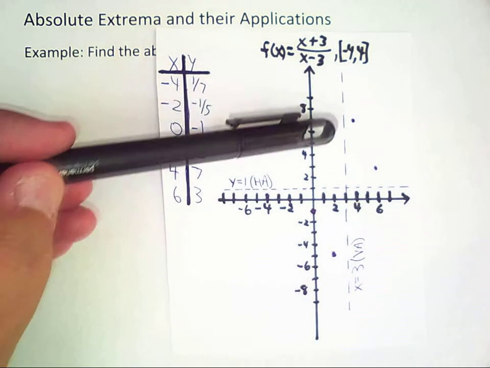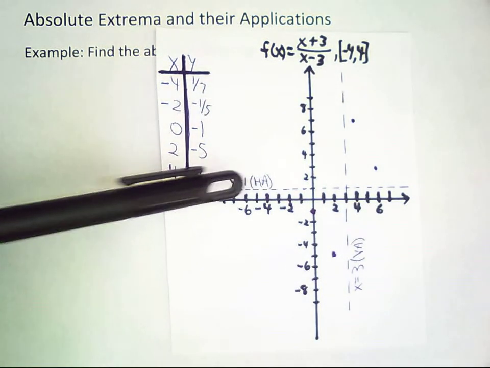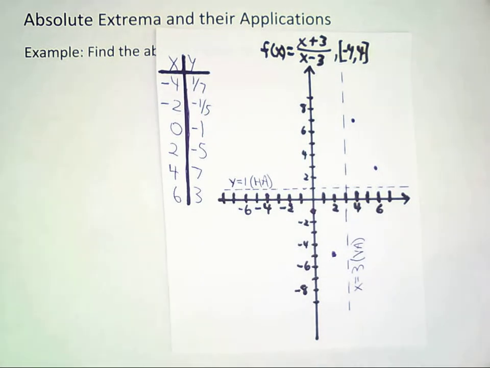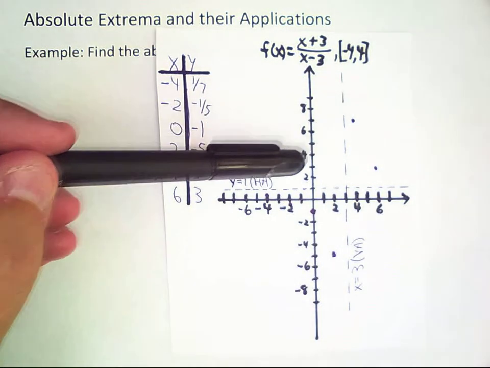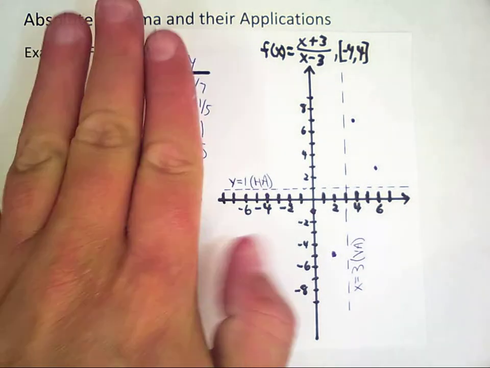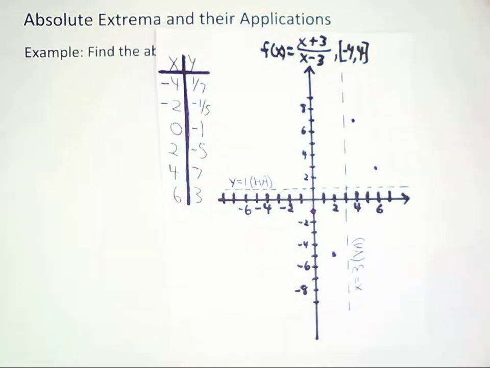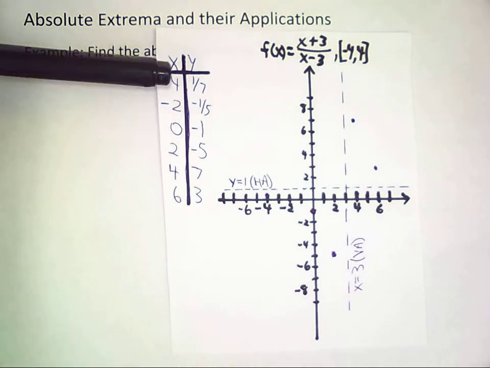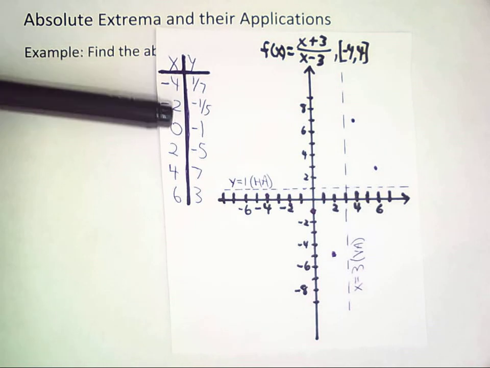And if it approaches the horizontal asymptote, there's not going to be an absolute min, because that is essentially getting closer and closer and closer, but there is no lowest value. So it seems to me that it's pretty apparent, just without even plotting the points, that there's not going to be any absolute extrema. But if you're not convinced by my argument, then I would suggest you plot some representative